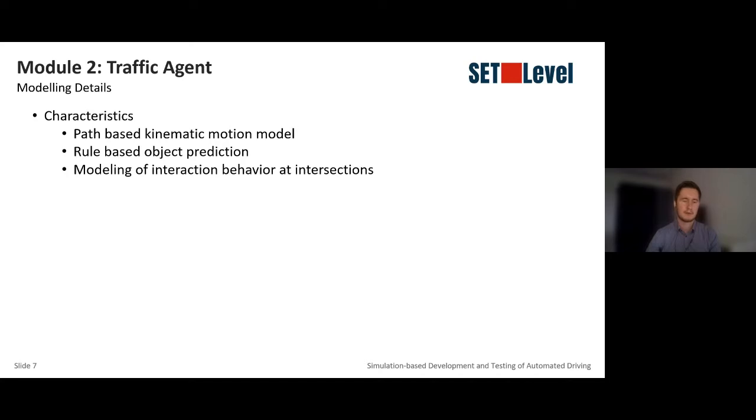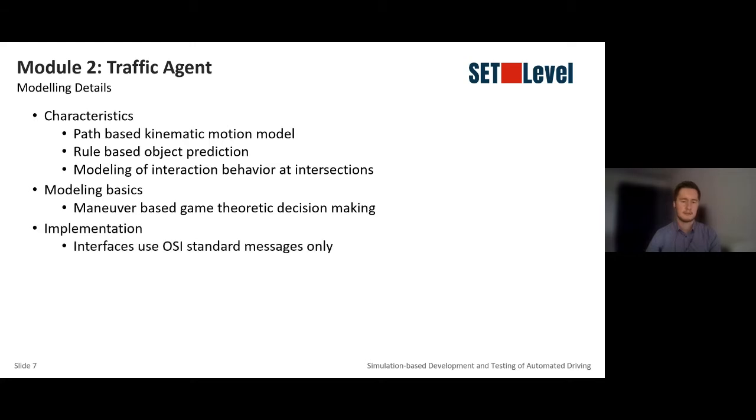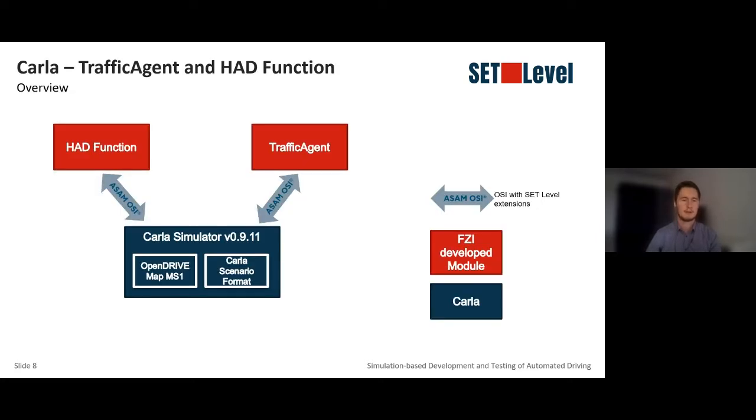We have a rule-based object prediction, and the interaction with other road users is modeled at intersections. For example, we take indicator signals into account. The maneuver decision-making is based on game theory, and as shown in the previous slide, all interfaces comply with ASAM OSI standard messages. Now I'd like to hand over to my colleague